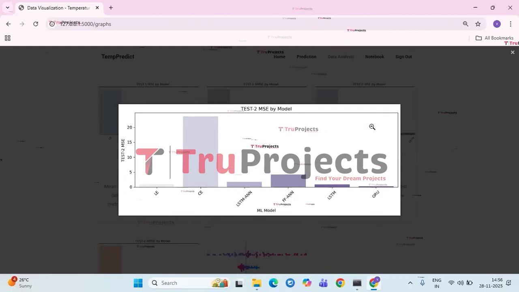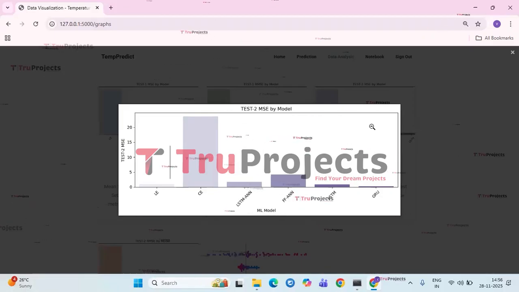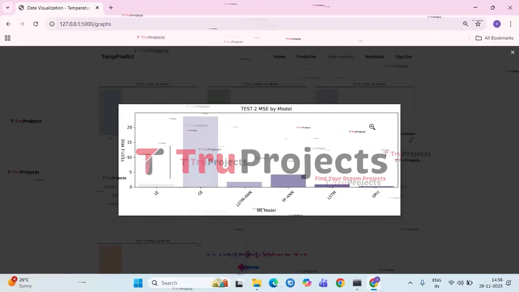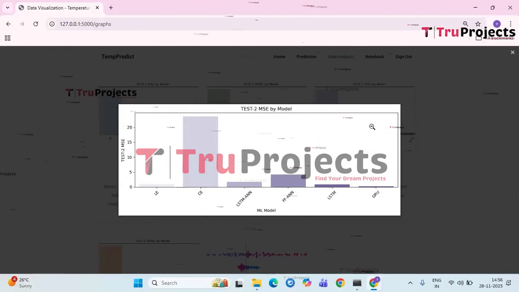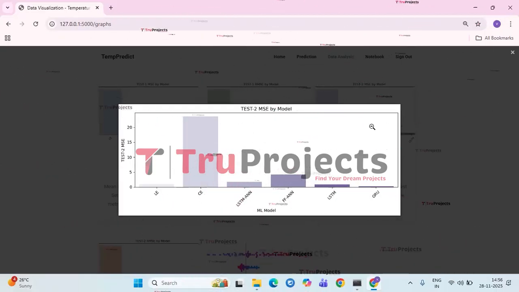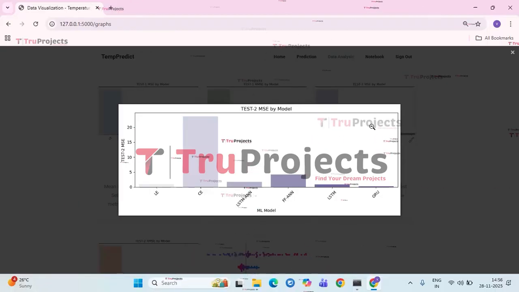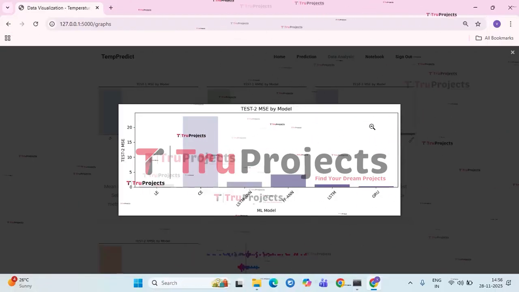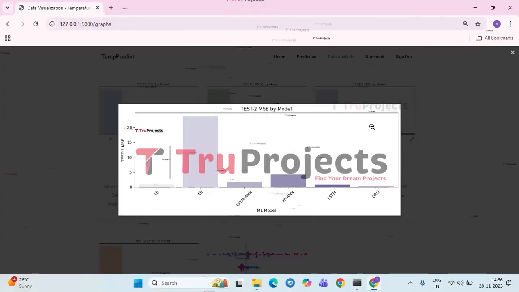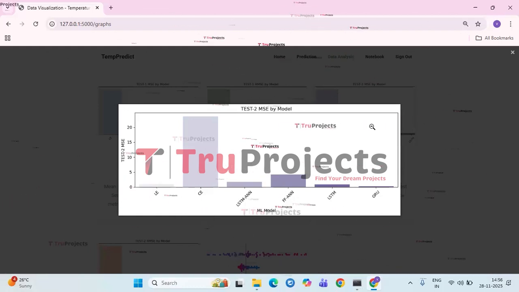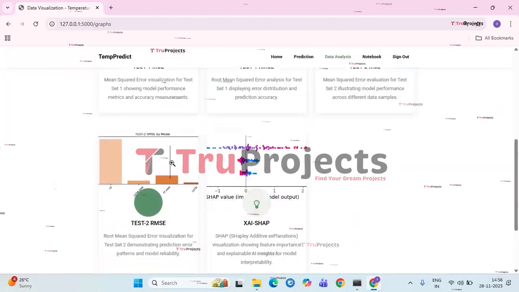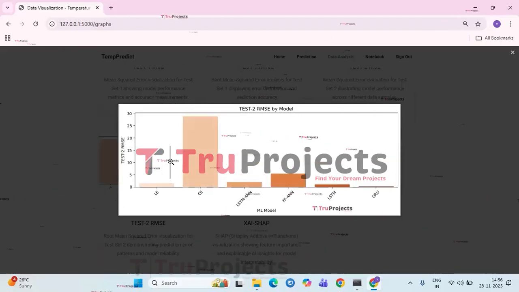In contrast, models such as LE, LSTM and GRU show very low MSE scores, suggesting they capture the underlying data patterns much more effectively. The FFANN and LSTM-ANN hybrid models perform moderately, falling between the extreme values of CE and the strong sequence models like GRU and LSTM. Overall, this graph shows that deep learning sequence models outperform classical or engineered approaches on test 2. Next, we have test 2 RMSE by model graph.